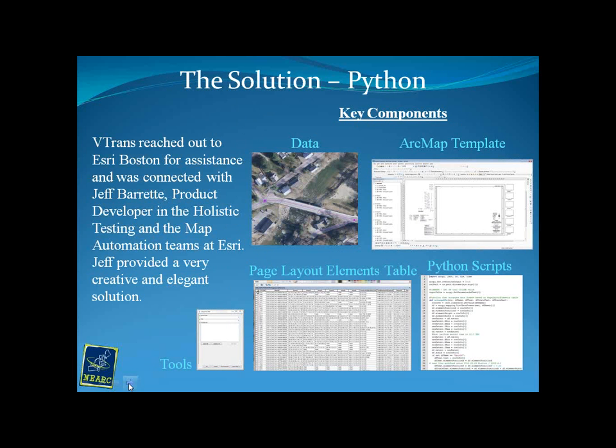And so Jonathan Croft reached out to ESRI Boston, and he was connected with Jeff Barrett, who is essentially our knight in shining armor. He is a product developer in the holistic testing and the map automation teams at ESRI. And he produced an extremely elegant solution that has totally, completely revolutionized the way we do mapping in the mapping unit. And so that's what I'll go into now, presenting the key components of it